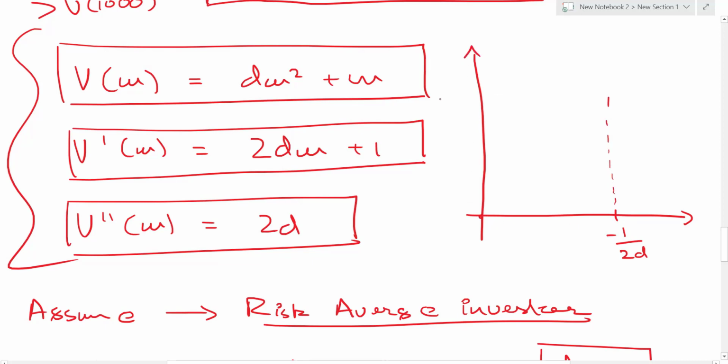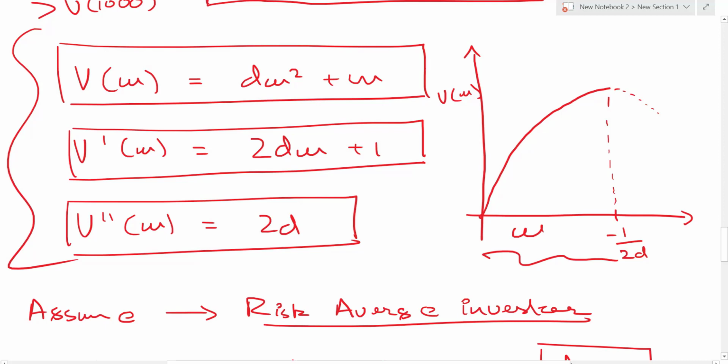What am I drawing here? I'm drawing v of w. Till here it would look like a quadratic like this, and after this it would start falling. Not this steeply, but yes, it would fall. This is the only range where this utility function is valid, and that is what you must note. Here is your w, and here you have v of w. This is one of the questions they've given: how do you draw this, what does this look like?